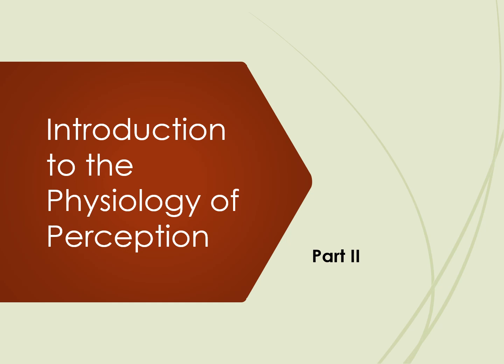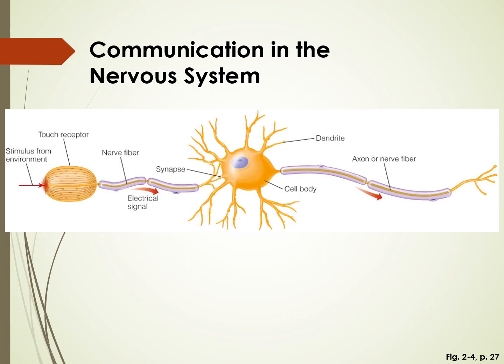to the physiology of perception in the nervous system that is receiving information. We're going to start with this touch receptor as just an example. The touch receptor is receiving some stimulation from out in the environment, some amount of pressure, and because it is